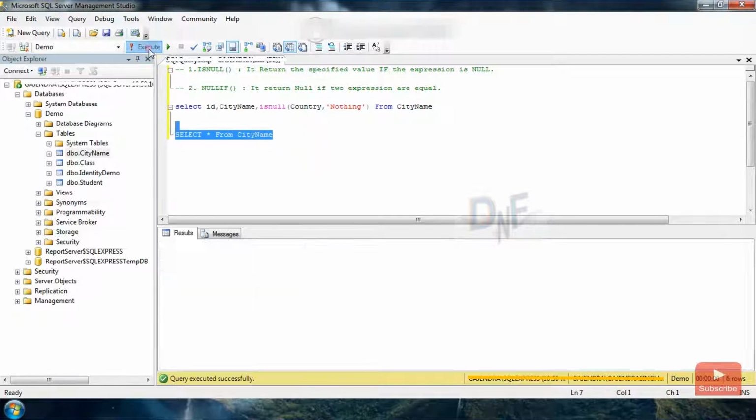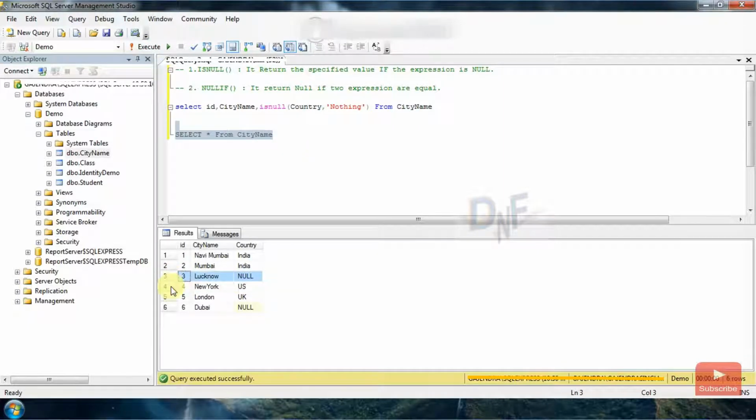Okay, nothing is displayed, but our actual result is null. The actual value in the column is null. But if you want to display something different when the value comes null, then we can use ISNULL functionality. This is the real-time use of ISNULL functionality in our query, and it is most of the time used in reporting queries, and as usual in reporting columns we want some different names, so we can use ISNULL functionality for that purpose.